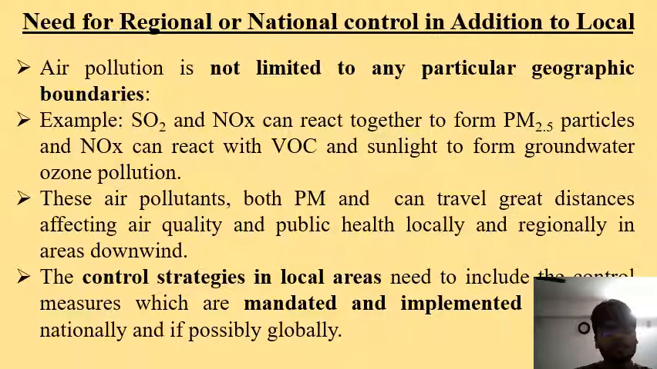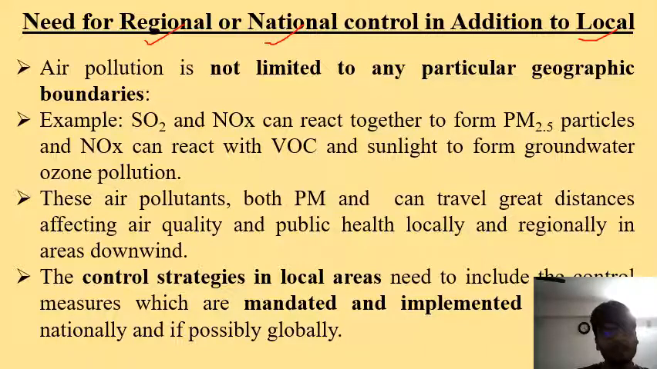Now, the next is the need for regional or national control in addition to local. It means that your controlling actions should not only be local; along with local, they should have a regional influence, and importantly, a national influence. Just go through this: air pollution is not limited to any particular geographical boundary, right? We have already